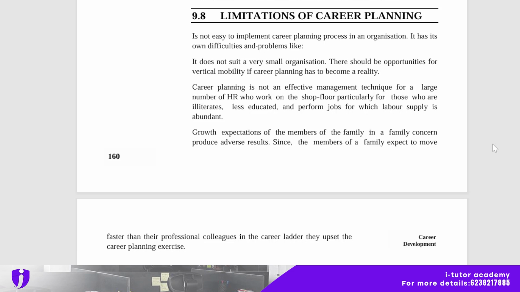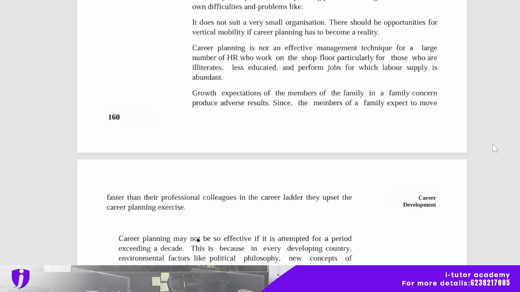Career planning is not an effective management technique for a large number of HR who work on the shop floor, particularly for those who are illiterate, less educated, and perform jobs for which labor supply is abundant. Growth expectations of the members of the family in a family concern produce adverse results. Since the members of a family expect to move faster than their professional colleagues in the career ladder, they upset